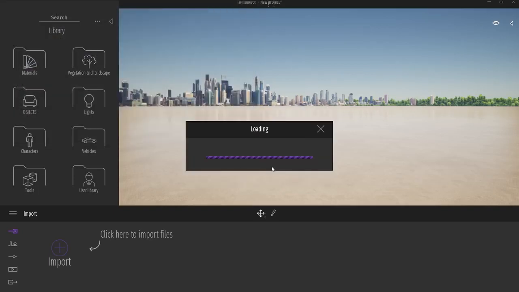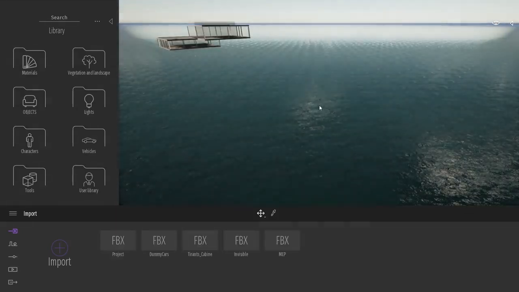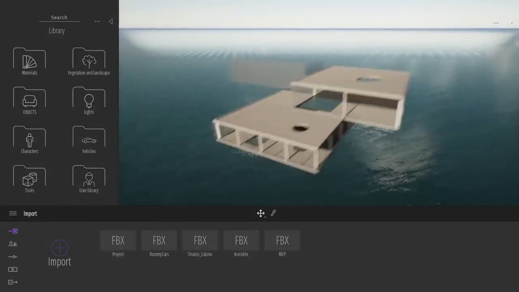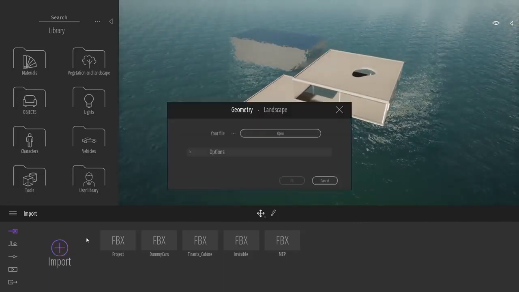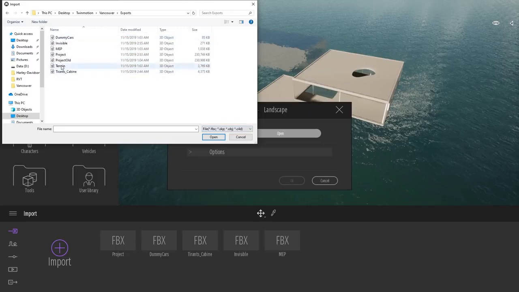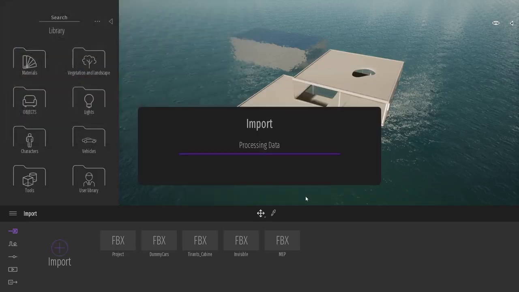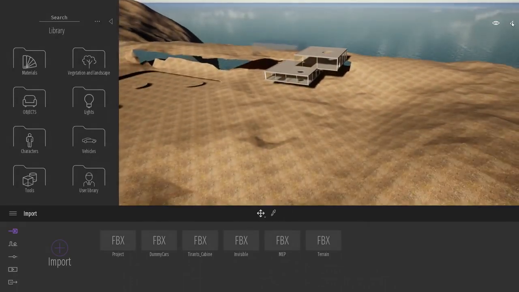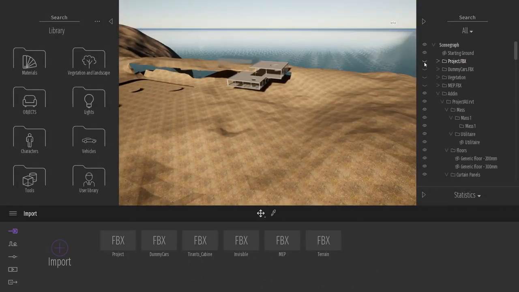I will import my project into an existing project where I have already imported other pieces of 3D models that I've created in 3ds Max and some in Rhino. So I'm just going to import these small houses inside here. For this project, I have also created a terrain, and in Twinmotion, you can import plenty of 3D files using different file formats. So here, I will just import my terrain as a .fbx file. And finally, I will unhide another part of the project, the part that was created in 3ds Max and Rhino.